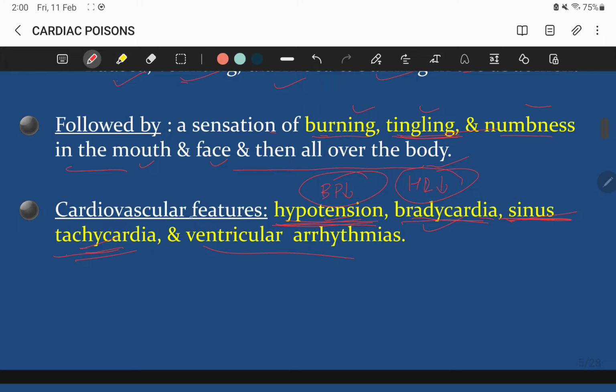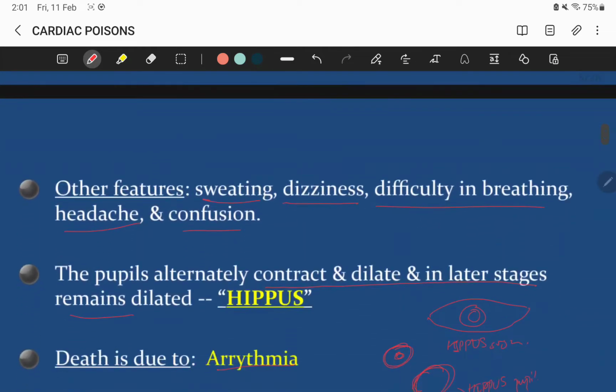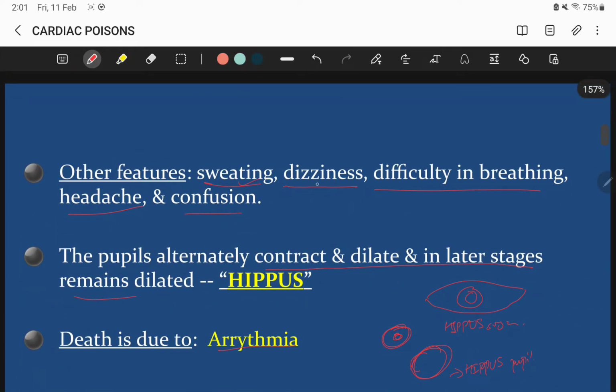The other features are cardiovascular, that is hypotension. If the person has high BP, the BP will fall down. The heart rate will fall down, that is bradycardia. Then sinus tachycardia, which causes a fluttering movement, and then ventricular arrhythmias. Other features are sweating, dizziness, difficulty in breathing, headache, and